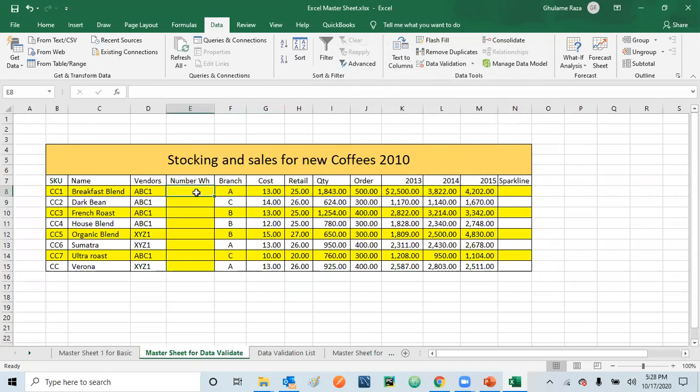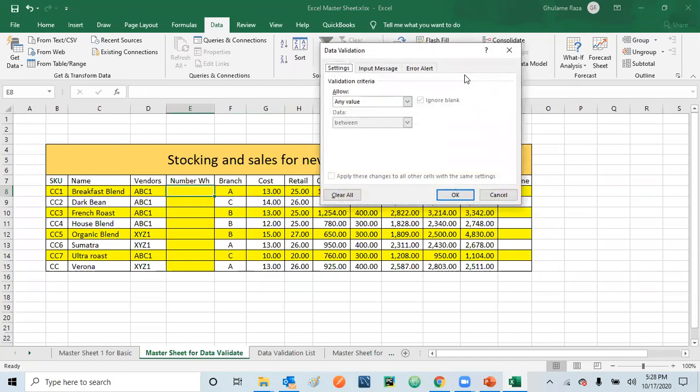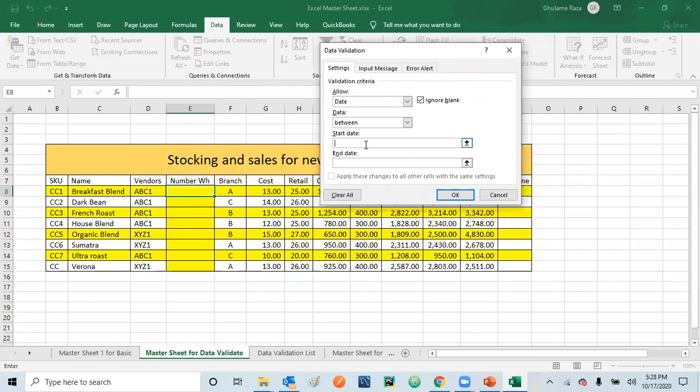And then let's say if I want to apply the data validation. You see the system is showing that we can put any value in this one. Instead of this, we'll be putting the date. Once you put the date, it will be asking the same question, like from which date to which date you want the date to be updated. So let's say we want to update the date from 1/1/1900 to 12/31/2020.